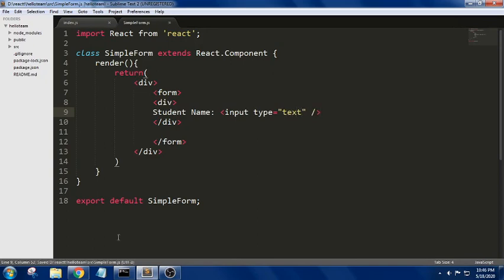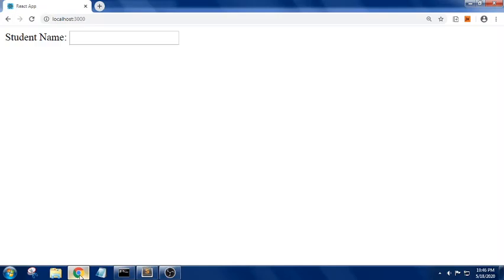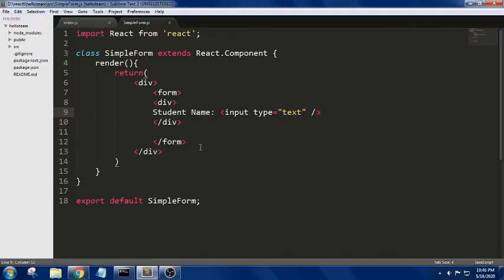If we can see here, we got this one, but this is a basic HTML input field. It is normal HTML, how we have written input type equal to text. It is not a controlled component. As we have discussed, a controlled component is nothing but the values should be controlled using React.